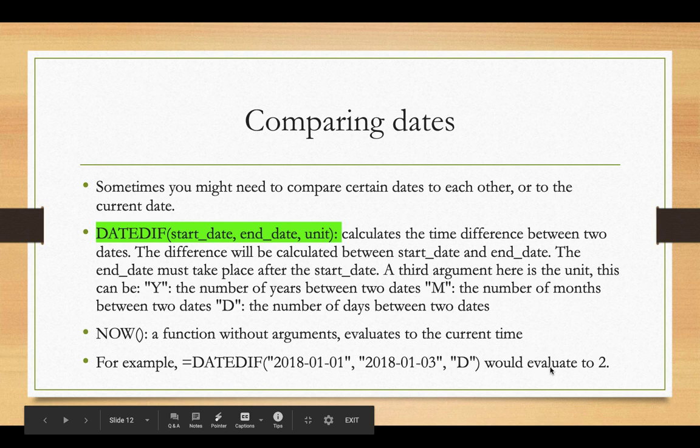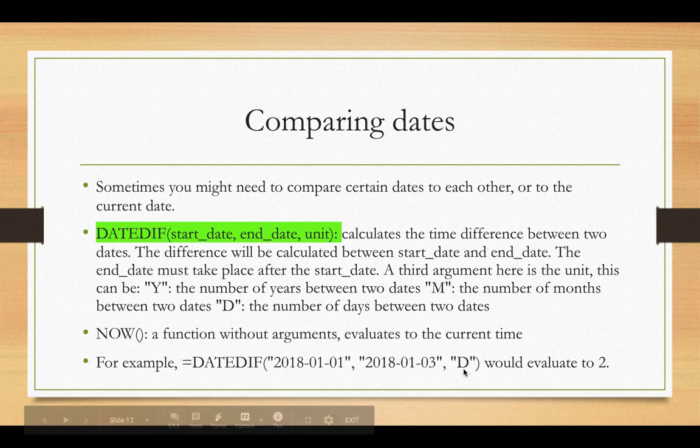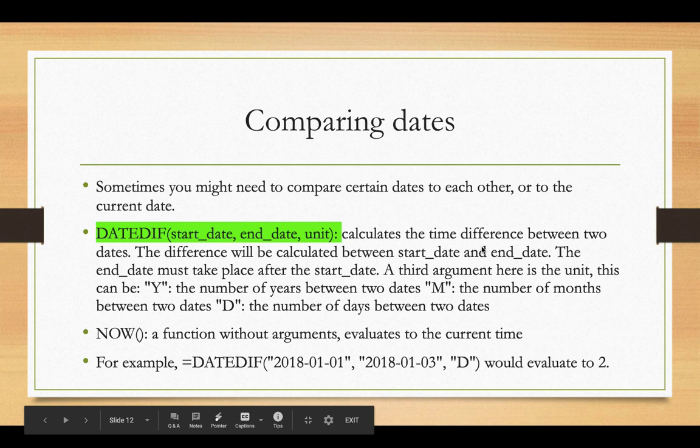For an example, a dated if between these two dates, when you put d as an unit, it would evaluate to 2. But if you put m as an unit, it would evaluate to 0. Why? Because both the months are same. So that's why. Again, if you put y instead of d, it will return 0 because both the years are same. So this is the theoretical understanding of the function